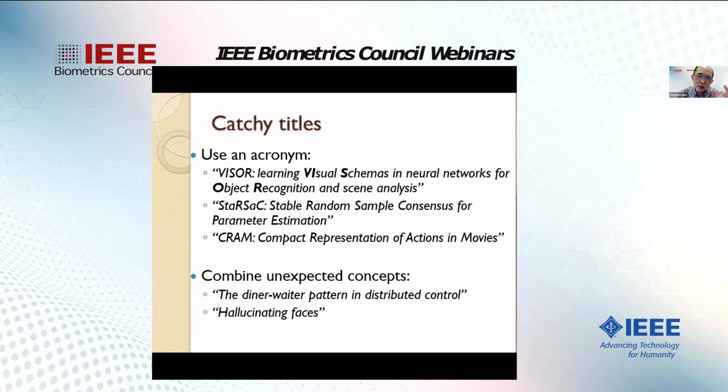Given a low resolution face image, how do you increase the resolution? Now, Simon Baker told me, and I don't know if he's here in the audience, you're basically seeing pixels that are not there, right? When you super resolve, when you fill in the high frequency details, you are seeing pixels that are not actually there. That's called hallucination, seeing things that are not actually there. So he came up with hallucinating faces.